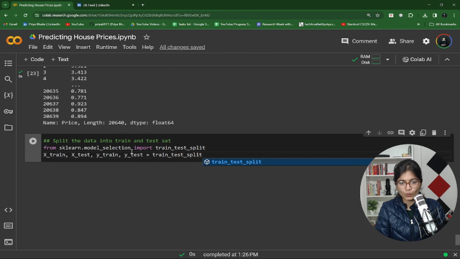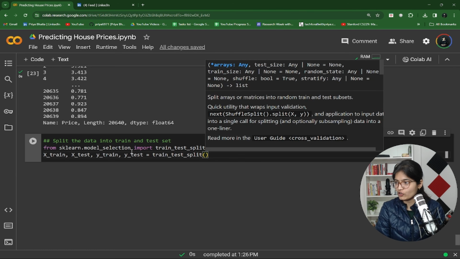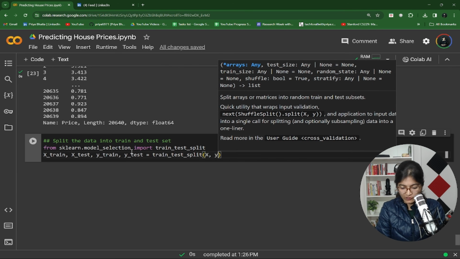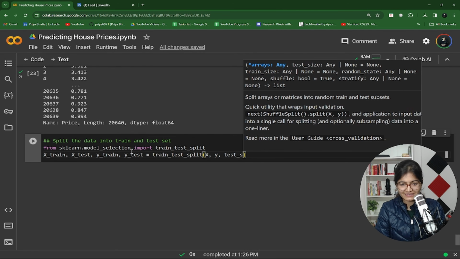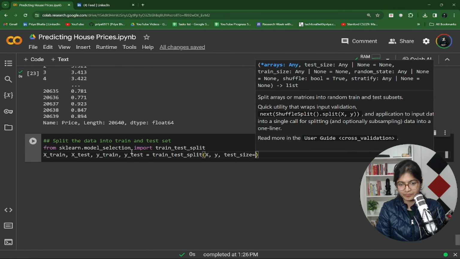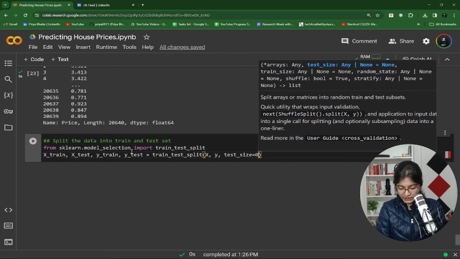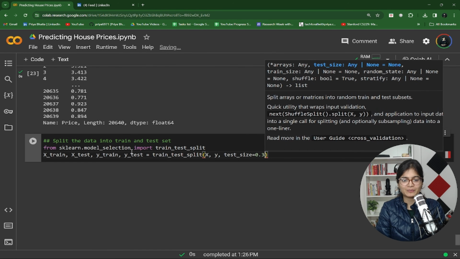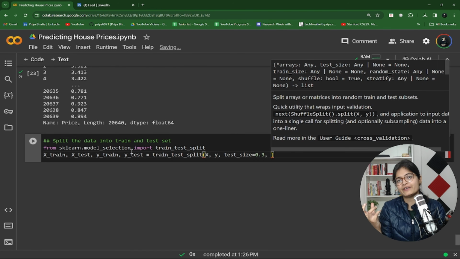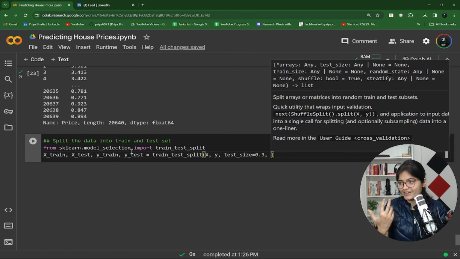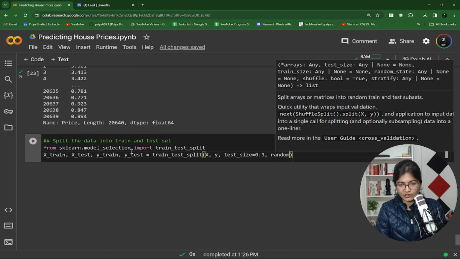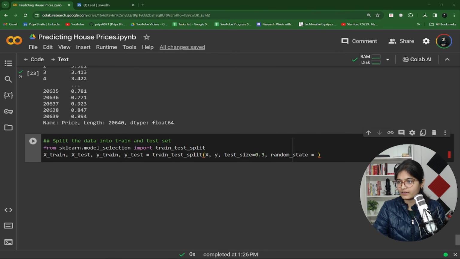and inside this I'll take the value of x completely and the value of y completely. What test size do you want to take? Maybe I want 30% of my split in the test set, and the remaining 70% will be in the train set. After that, you can also define the random state, so that we all get a similar output. Let's say I take a random state of 42, so that we will be able to get